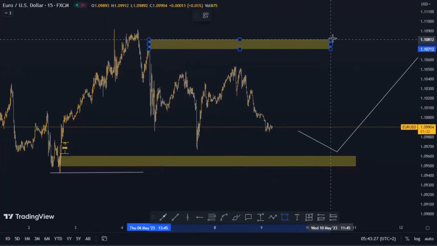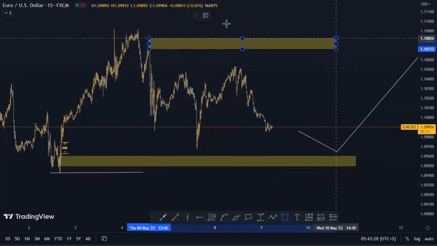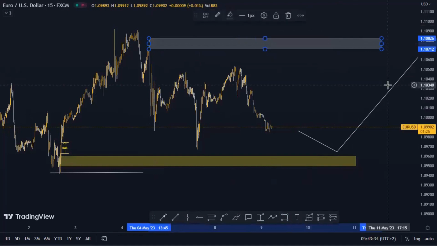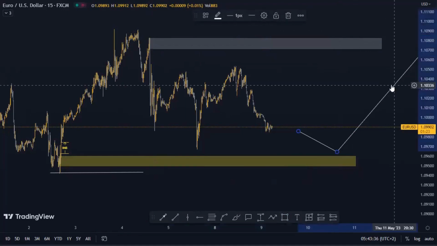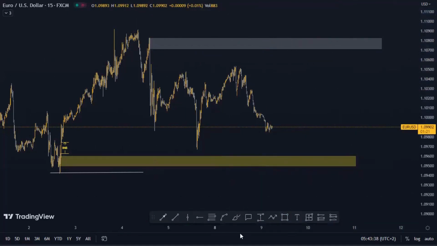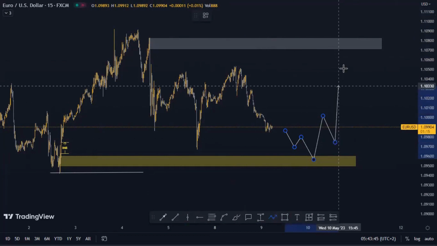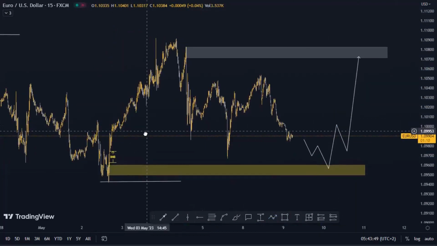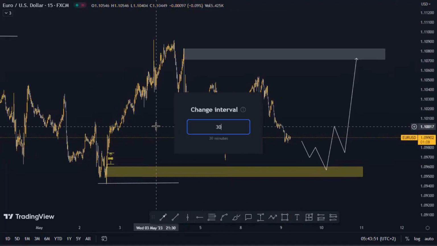We have that area of supply over there, to be more clean or clearer, so you can anticipate this market to push to the downside and then further to the upside like that. All right, that's it. Let's see how it looks on a 30